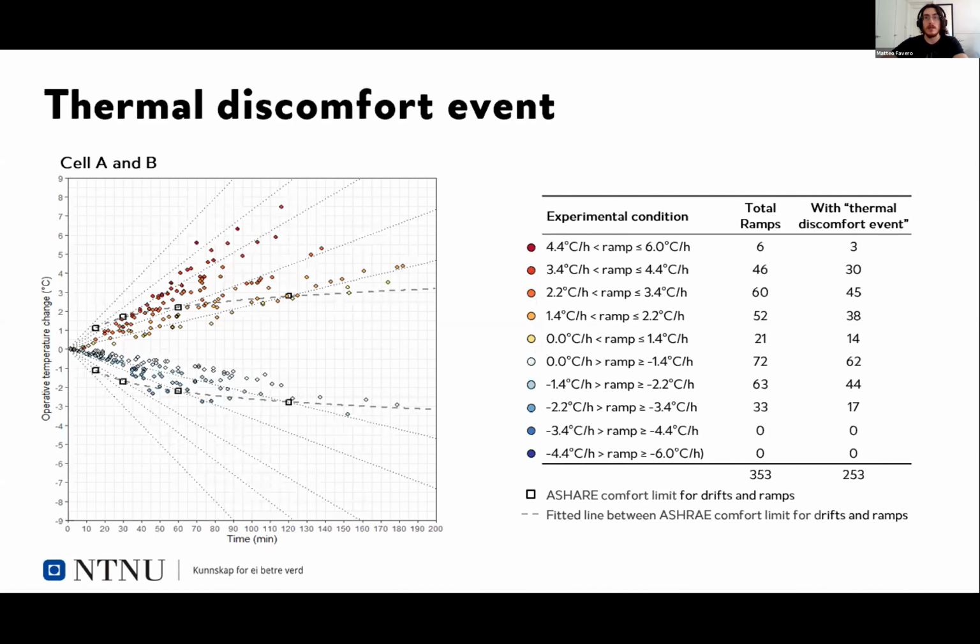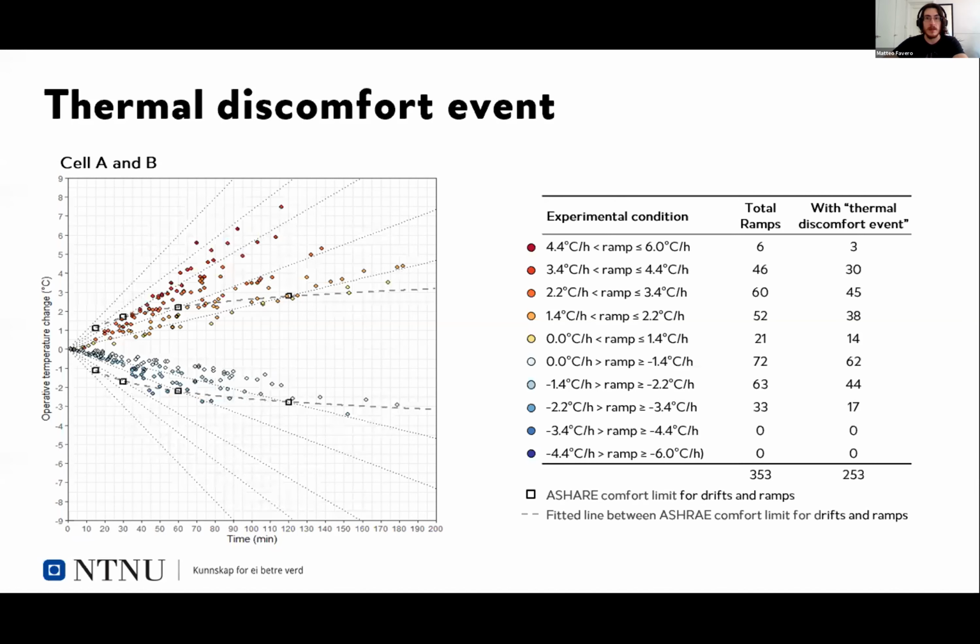The black squares are the ASHRAE comfort limit, and the dashed gray line is the fitted line between this limit. You can see that the discomfort events are not symmetrical. Subjects are more sensitive to cold variation than a warm one. In fact, 94% of the discomfort events for cold are within the comfort limit, while for the warm side, only